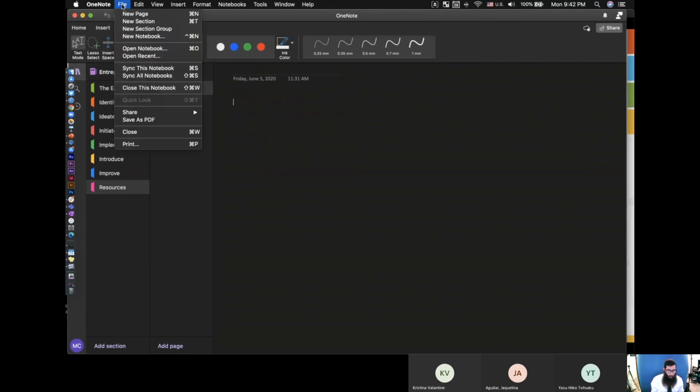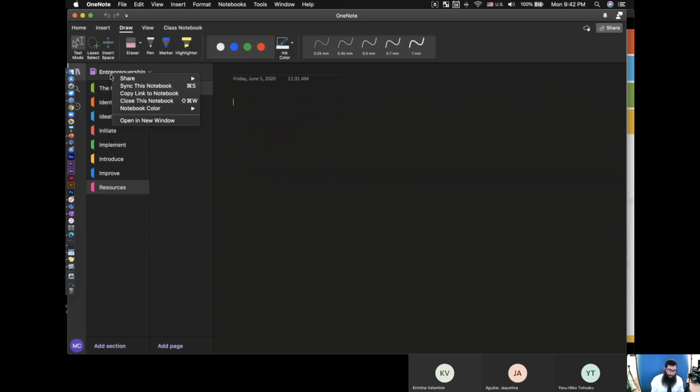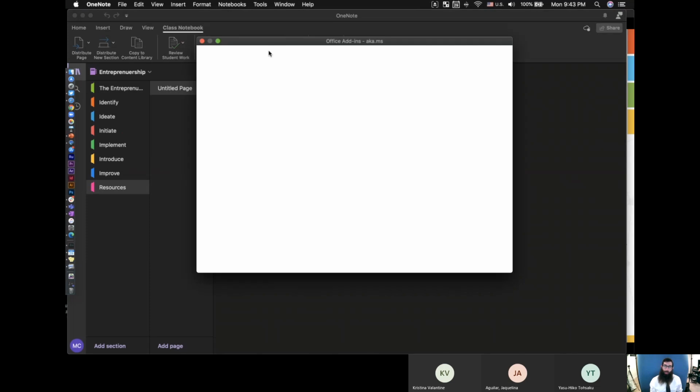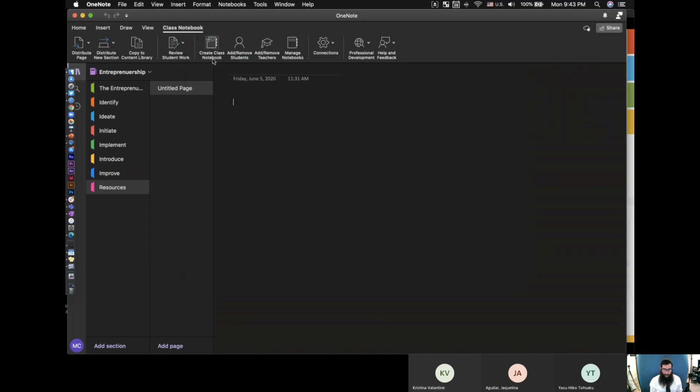So it is possible in OneNote. You can save as a PDF. You can export. Because one of the questions that was asked was, how do you make a copy of a book? Now there is this whole class notebook component where you can distribute and set up students, and you have to be a Microsoft school to be able to do that. So I don't have that capacity. But I've seen it demoed, and it's pretty powerful. You can add a co-teacher, and you have the ability to copy contents, and then the students can interface with different components without writing